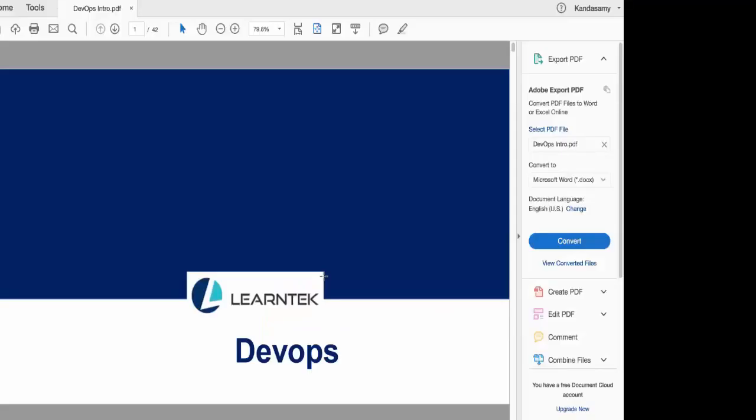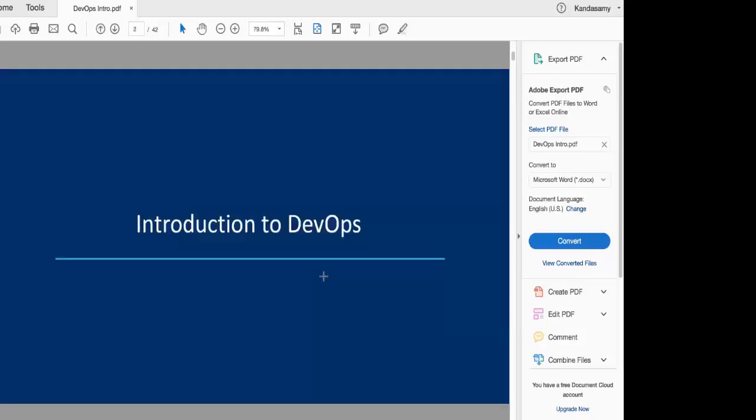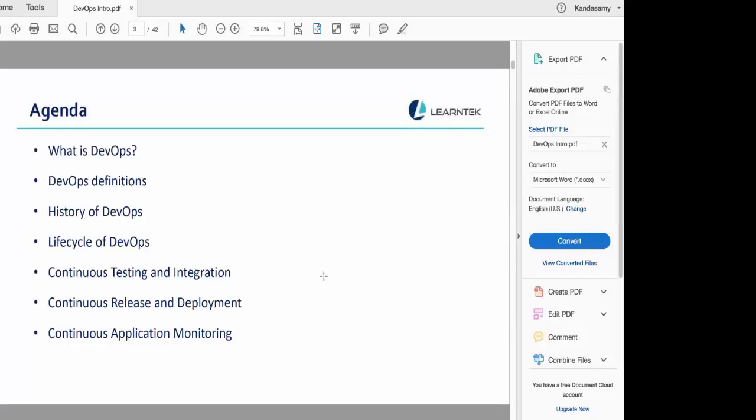In module 1, we are going to talk about DevOps. The first module is going to be Introduction to DevOps. So what is the agenda? What are the topics that we are going to cover in module 1, which is Introduction to DevOps? In module 1, we are going to discuss